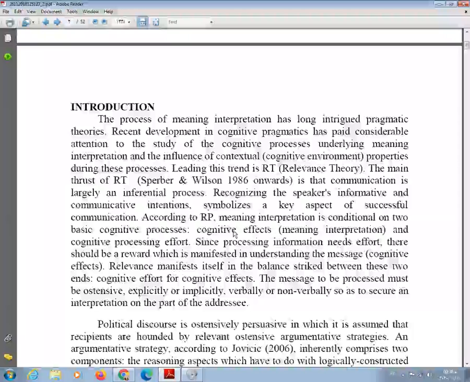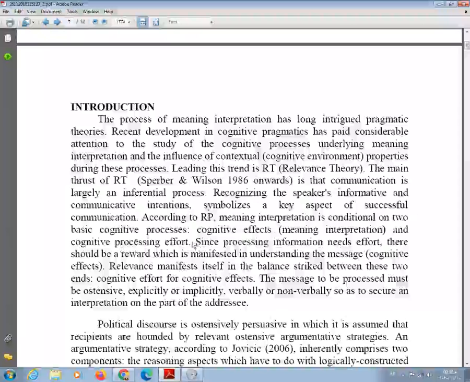And according to RT, from now on, this is a very important part. Actually, I want you to read it. According to RT, meaning interpretation is conditioned on two basic cognitive processes. Number one, cognitive effects, which is meaning, and number two, cognitive processing effort. Effects, gain, and efforts. Which means that we as listeners, or we as readers, recipients of any text, we strike a balance between the processing effort to exert